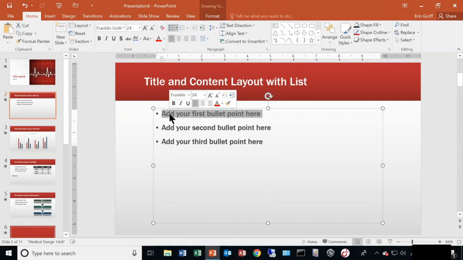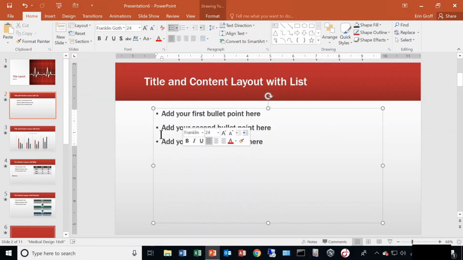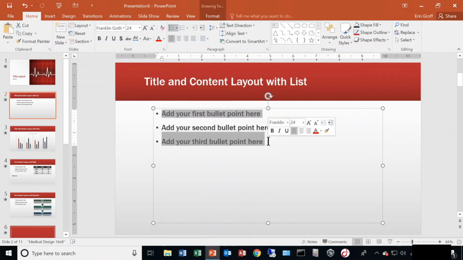To select non-contiguous sections of text, let's say I wanted bullet point 1 and 3 selected. If I was to select bullet 1 and then go to select bullet 3, it's automatically going to deselect the first one because they're not right next to each other. So what I would need to do is select my first one, hold down my Control key, select my second option, and then also any